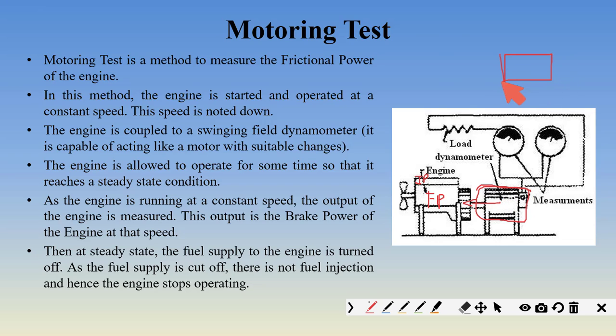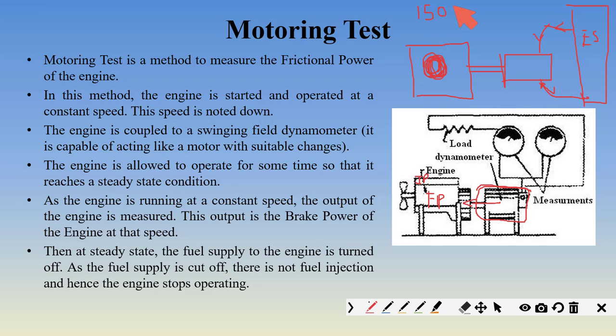See, this is the motor, this is my engine. Now my engine has stopped working. Engine is not operating. There is no fuel coming inside the engine, hence there is no combustion. What I am doing is taking electric supply. This is my electric supply. From this electric supply, this motor is taking electricity, and using this electricity, this motor is running this engine at the same RPM as it was running before, 1500